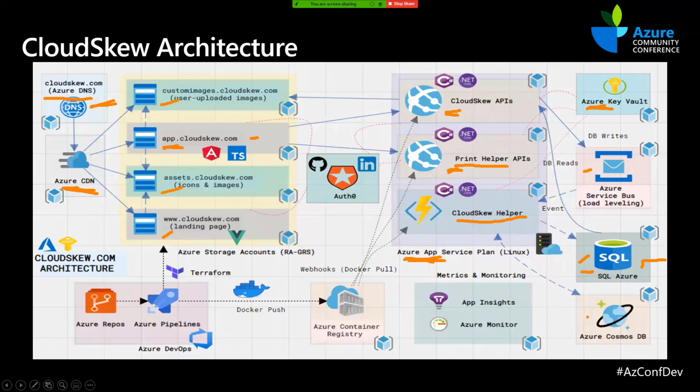After this, we have Azure Cosmos DB, but this is mainly for experimentation purposes. We could pretty much take this out of the production system, and it's not going to affect the user experience. This is mainly for us to run some graph queries. We use the Gremlin APIs to figure out relationships between all the connected nodes and vertices, so your icons which are connected through connectors. We run some experiments, but technically we could take this out and it's not going to affect your user experience.